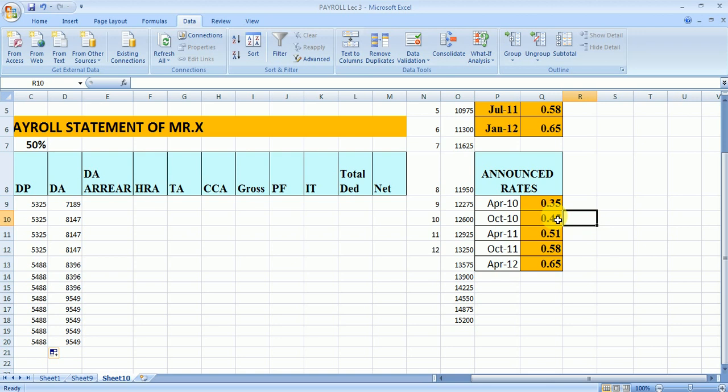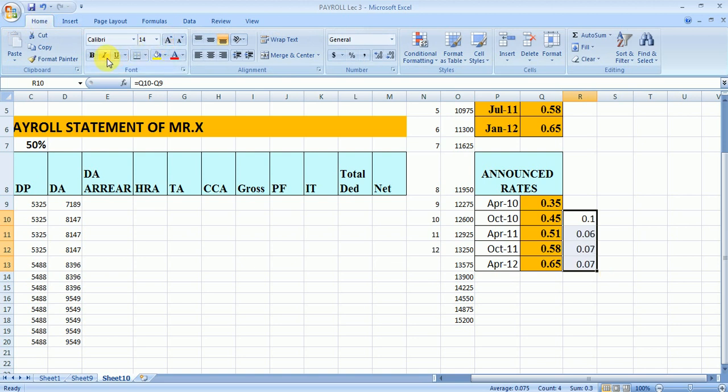So how do we calculate the difference? This cell minus this, enter, and we can drag it down. Fine. So in this way we will be getting the difference values. Instead of paying this amount, we can pay the difference, so that will be better.